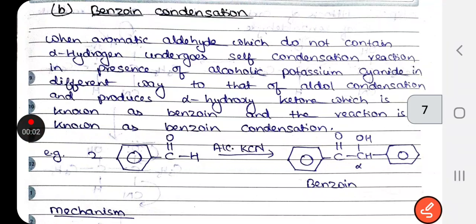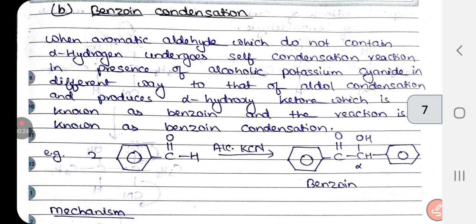वर्कआउट करेंगे some of the important name reaction from the chapter aldehyde, ketone and carboxylic acid from class 12। और हम लोग जो पहला नेम रिएक्शन इस चैप्टर से कर रहे हैं, बेंजोइन कंडेंसेशन।